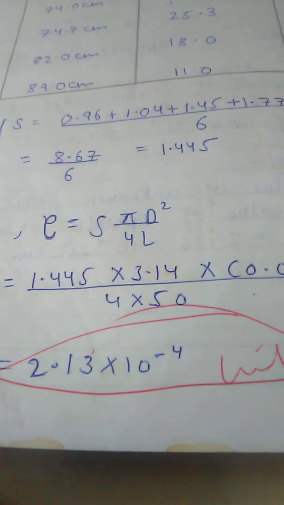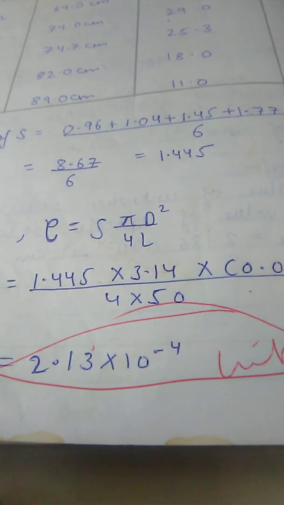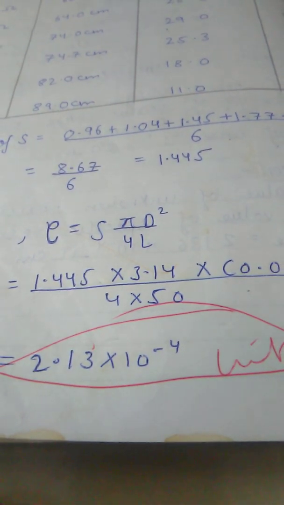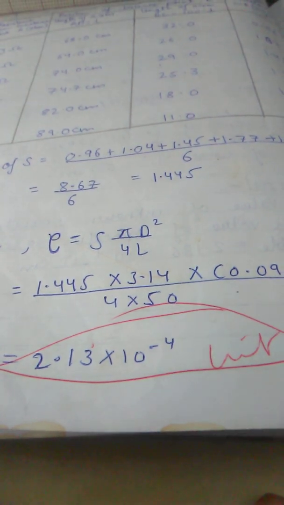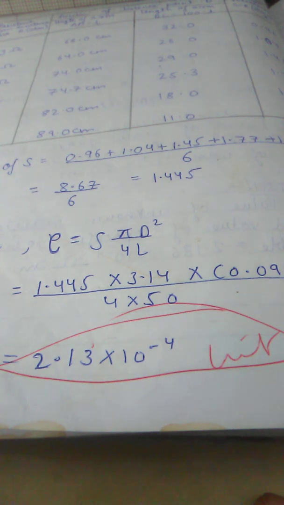Now let us see the precautions which we have to take. We have to check the keys in the resistance box. They should be tightly fitted. We have to check each terminal. Connections should be neat and tidy. And one more very important thing: switch on the circuit only when you are taking the reading, because the heating effect will come which affects your answer. So this is all about this practical.